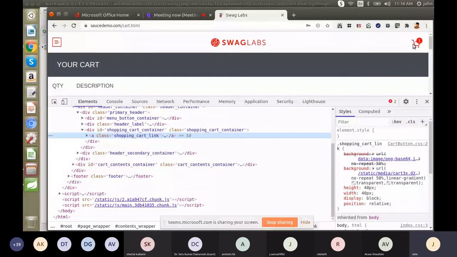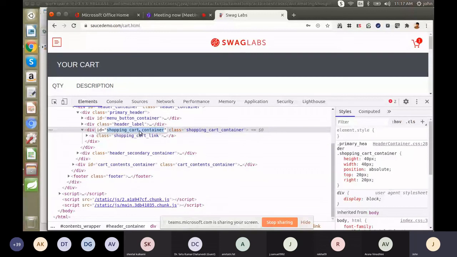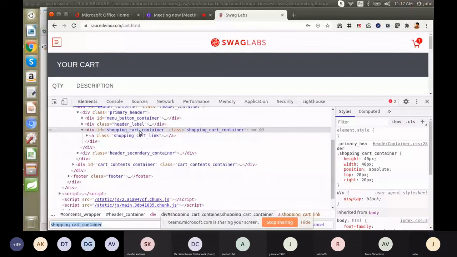It is located here, so we can go with this div container. Or else you can go with this link.